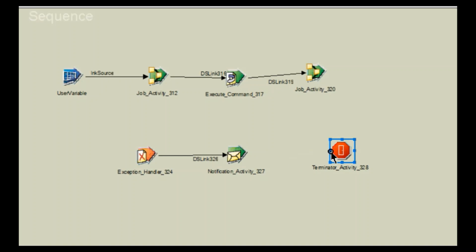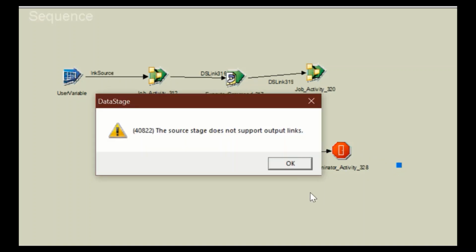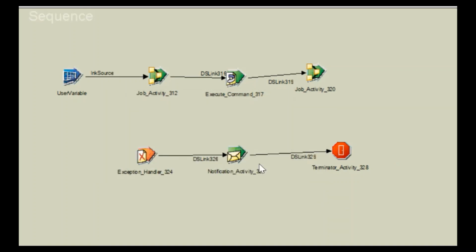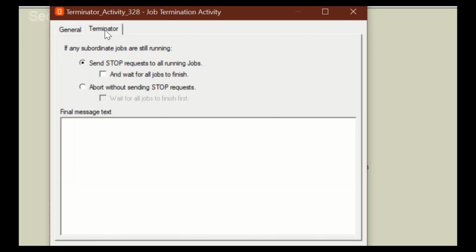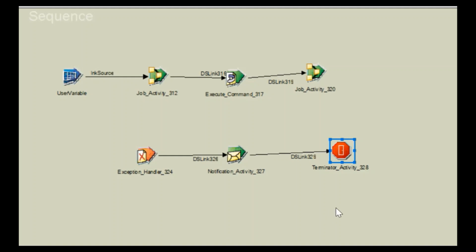So we link it to the output coming from the notification activity. So that will be the final step in the sequence. As we can see, we cannot define an output link from the Terminator activity. So it has to be the last step in the sequence. Double click on it and go to the Terminator tab. And then you have these options. So send stop request to all running jobs and wait for all jobs to finish, or you can abort without sending stop requests. A terminator activity is needed whenever we want to explicitly set the job sequence status to aborted